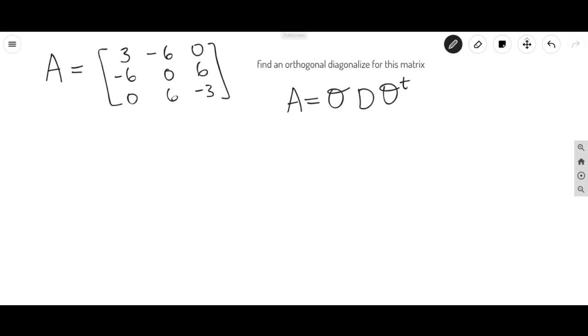Well, the method is almost the same as with basic diagonalization. We first calculate the eigenvalues. That's the first thing that we do. So you have to find the eigenvalues of this matrix. Let me find that for you. Again, you can do this by hand,